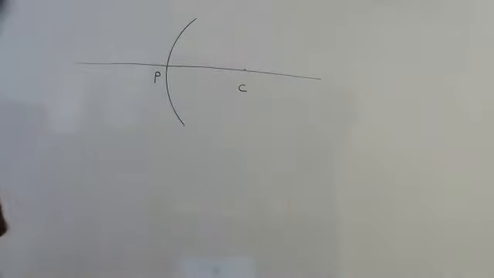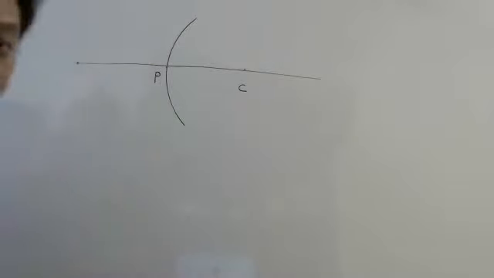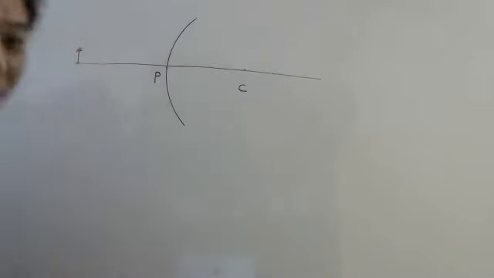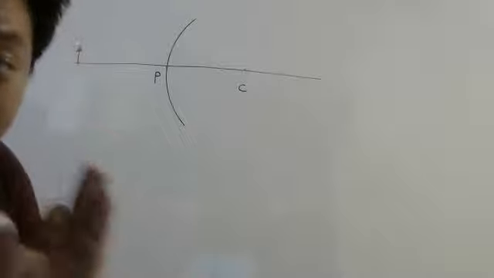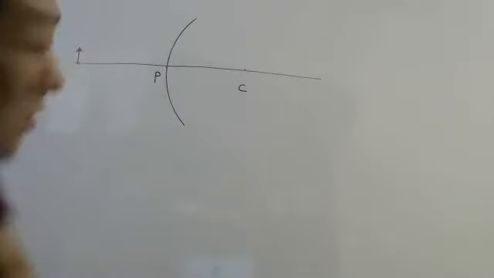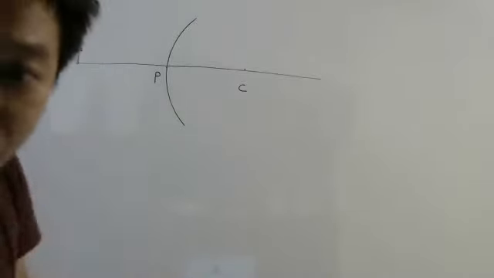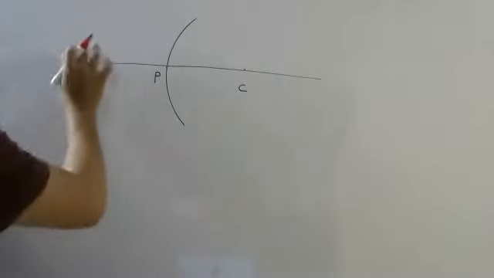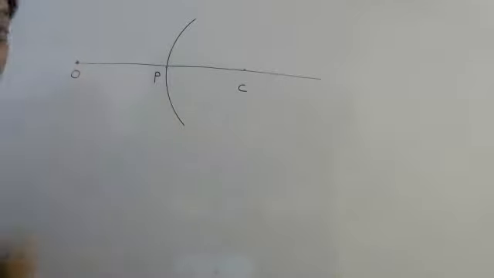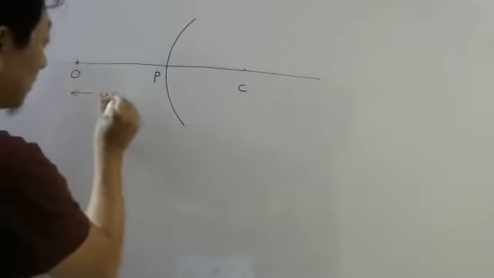Now, what you should remember is to derive this formula, you have to keep a point object. Sometimes I have seen students will draw like this. Please don't do that. Please remember all these things, because in exam you will be confused, because there are some other derivations where we put object like this. Understood or not? So please don't put the object like this for this derivation. We keep a point object. So this is our object. From pole to object is your object distance.